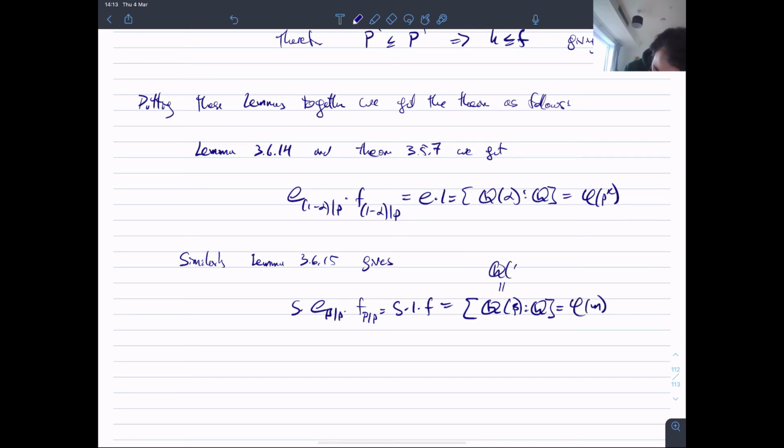because this is Q(ζ_m). This is the degree of this field, maybe I'll stand here. This is Q(ζ_{p^k}). The degree of cyclotomic fields, we know what they are, so these two degrees are this. So now